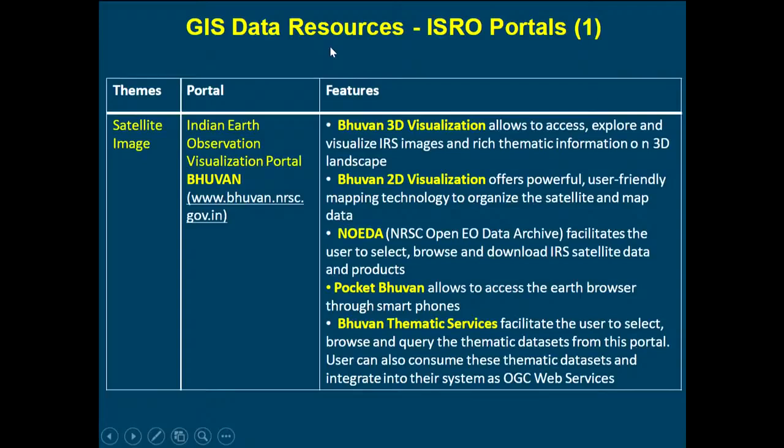Some resources over here, GIS data resources like satellite image, one we have already downloaded initially from the Bhuvan Geo portal. You can have 3D visualization, 2D visualization. From NRSC you can download. Important point over here, Bhuvan also allows you not only to download the data, but you can use the data as a service from this particular portal. No need of downloading the data. You just take the URL from this Bhuvan Geo portal and utilize it for your application. So this facility is available, physical data as well as data as a service. Both things are available under this particular platform.